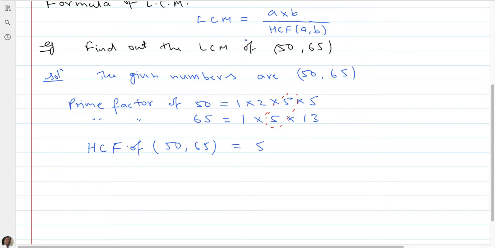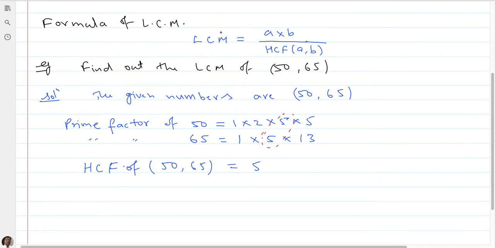Now we will apply this formula to find out the LCM of this number. So I am going to apply this formula here. LCM is equal to A into B divided by HCF of AB. So here A is equal to, we will suppose, 50